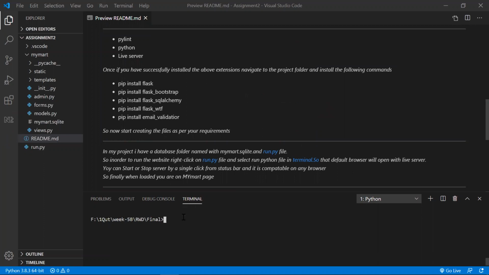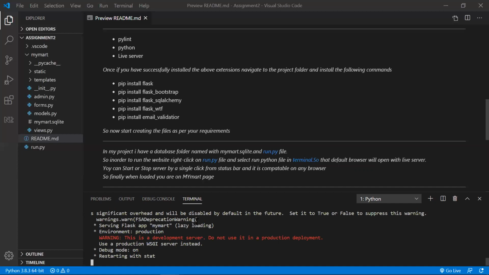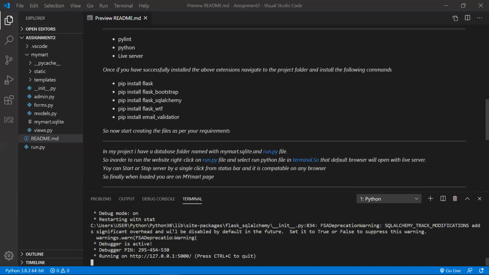Let's navigate to the assessment folder and start executing my code here. You can see my code is running. When I run my file, the CLI supports running a live browser, so there is no need to run the code every time, as it will automatically rerun if changes are detected in your code. When I click here, it will navigate to my home page.